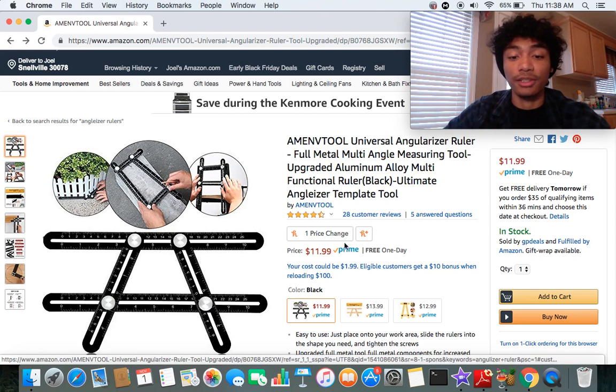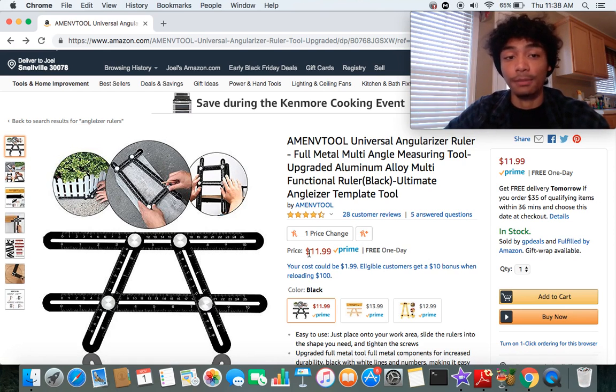Because if you jump from, let's say you're trying to sell your product for $11.99, and then you automatically jump up to like $20, or you go all the way down to like $3 or so, your product is probably going to lose the buy box. I'm not sure exactly why that is, but if you are going to change your price, make sure you do it in like $1 increments every day. Don't change your product price drastically, because you will lose the buy box,